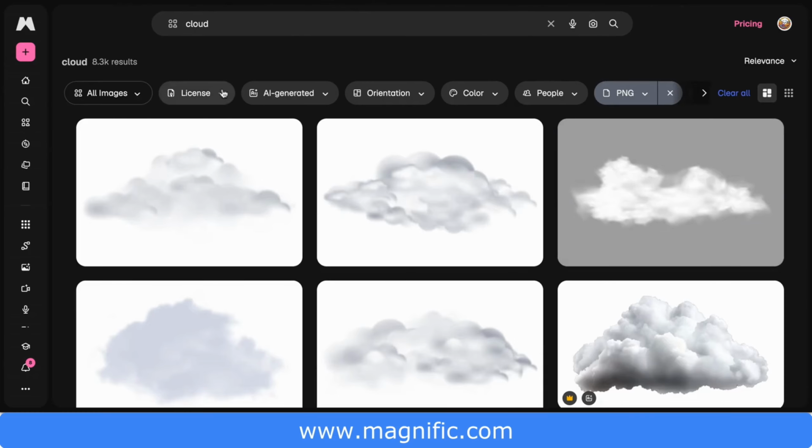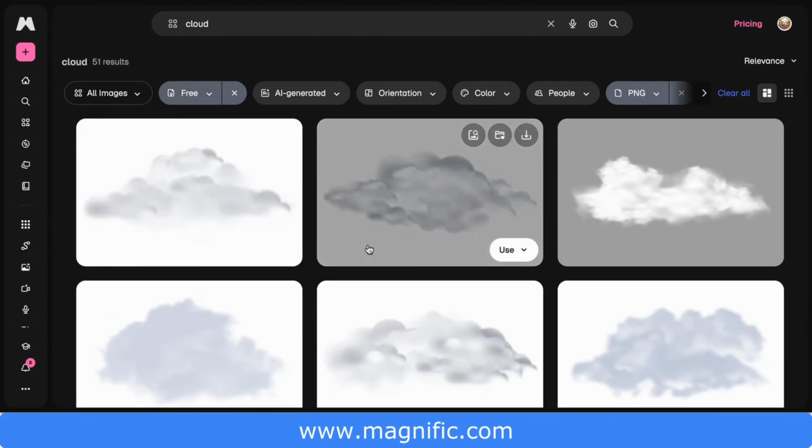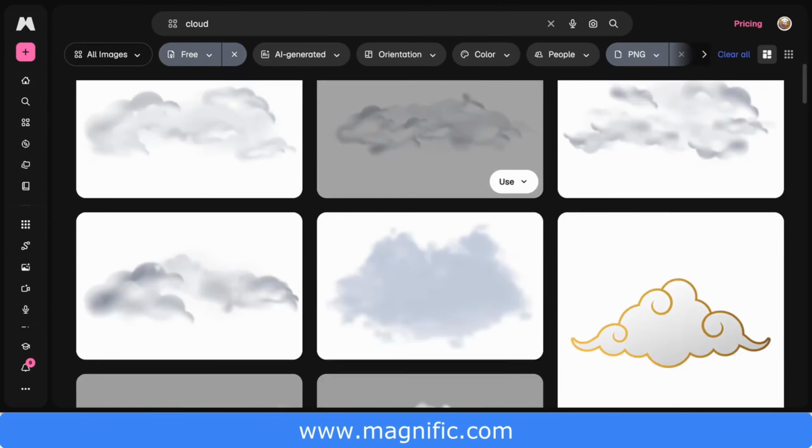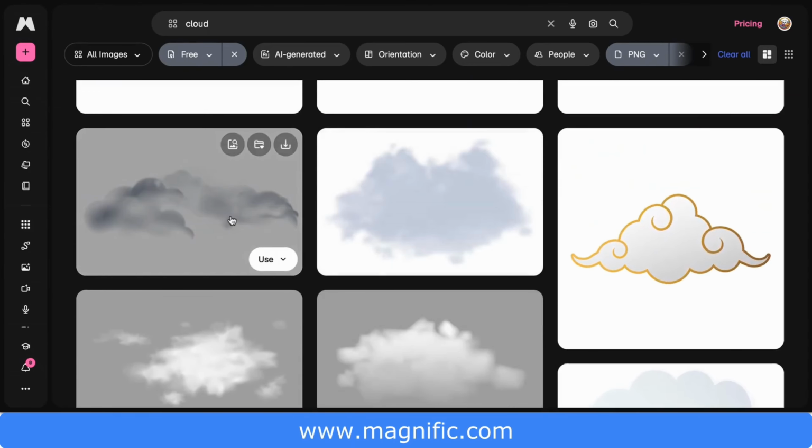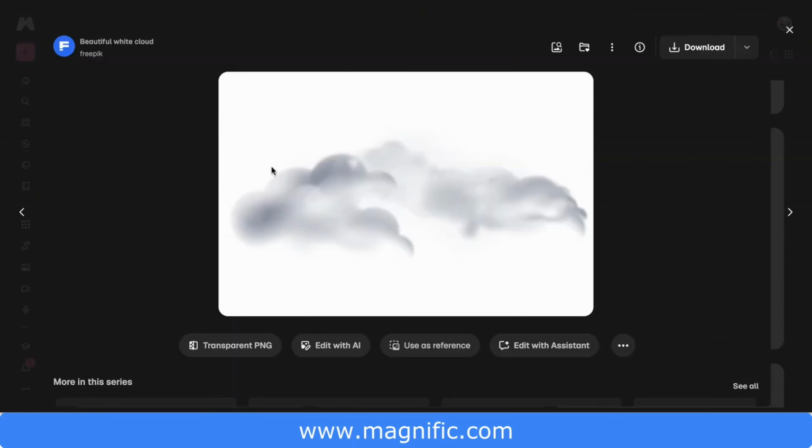Some assets may require attribution, and commercial use may be restricted on the free tier. Review before you use. But the quality of what comes out of this tool, especially when you're upscaling, is genuinely impressive. Small, soft images come out looking sharp and detailed. Keep Magnific in your back pocket for those situations.